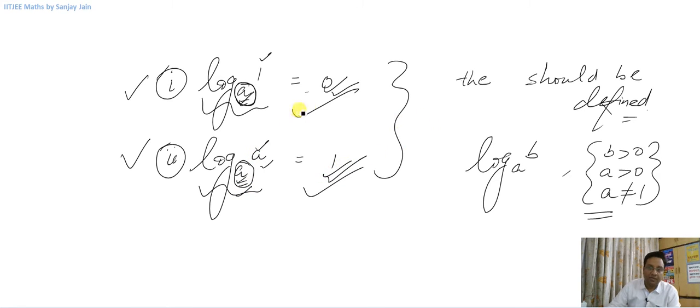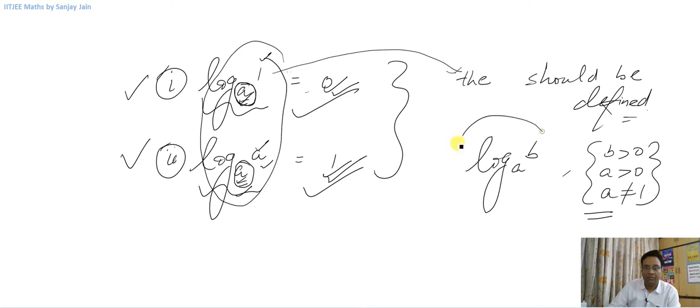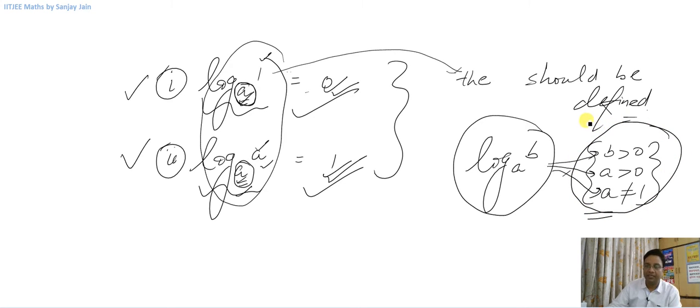And I also mentioned that whatever is written on the left hand side, we are assuming that it is defined, right? And for log b to the base a to be defined, we said that b should be greater than 0, a should be greater than 0, and a should not be equal to 1. And these three conditions should be satisfied simultaneously. So the next property that we are going to study here,